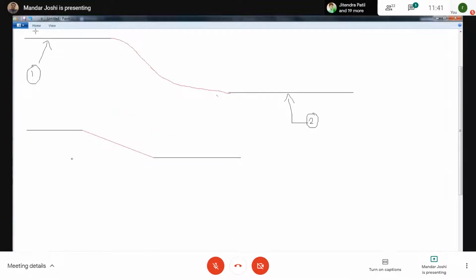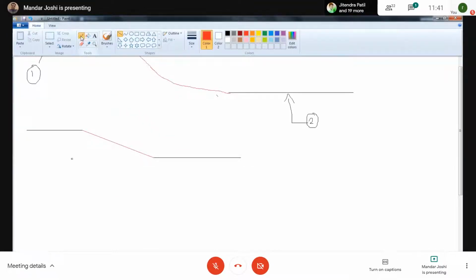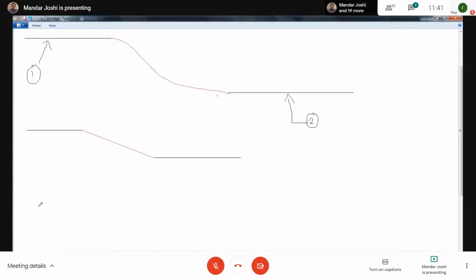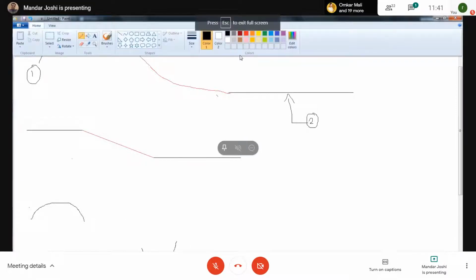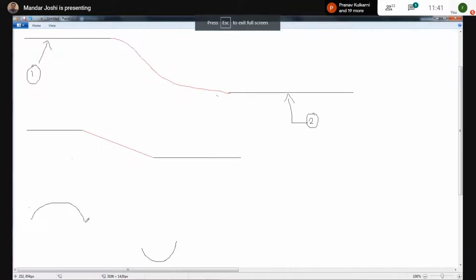Or you can connect it by following curvature. So suppose there is a surface like this, and here is one more curved surface like this, and I want to connect these two surfaces by following this curvature continuity.